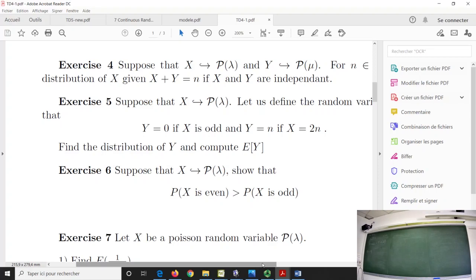Okay? So the probability that X is equal to k is equal to exponential minus lambda, lambda to the power k over k factorial, and this is true for k belonging to capital N. The only values I take are in capital N, okay? It's just the definition of a Poisson of parameter lambda. So before checking if one is greater than the other, I have to have a look at the events and see if it's possible.